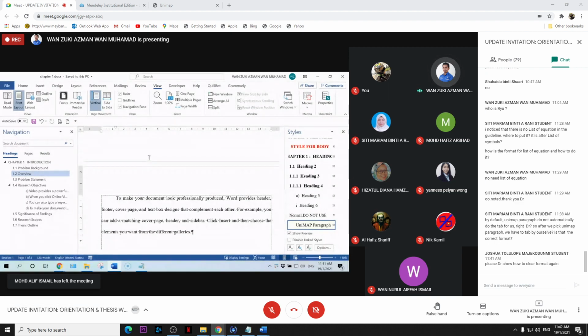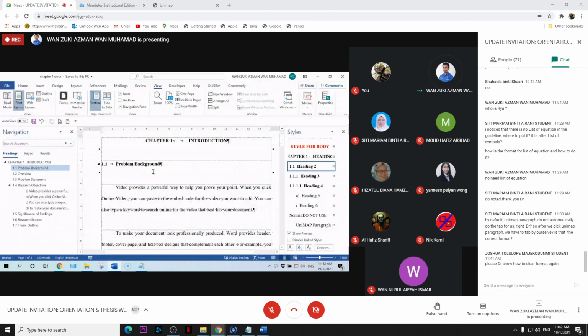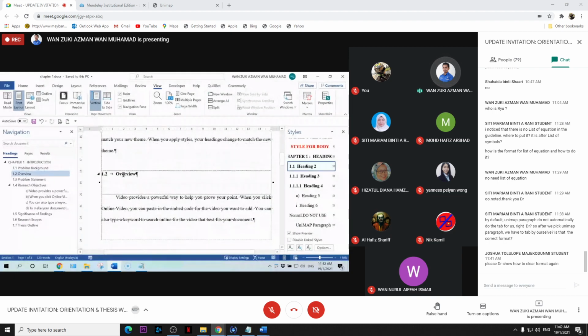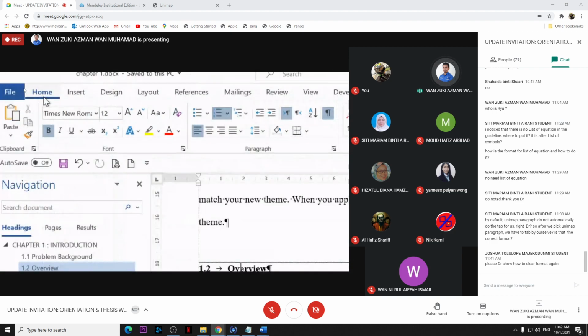Please, doctor, show how to clear format again. Okay, let's say when you need to clear format. For example, here I want to change from overview 1.2 to heading 3. So you put your cursor here, no need to highlight. Go to Home. I zoom here. We have the letter A with the eraser.